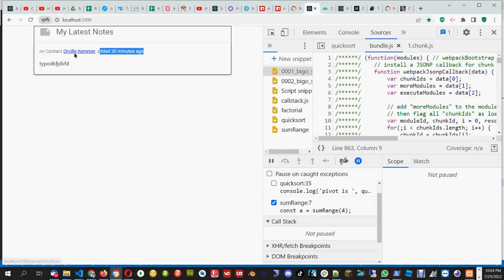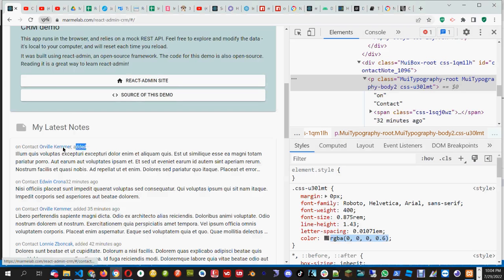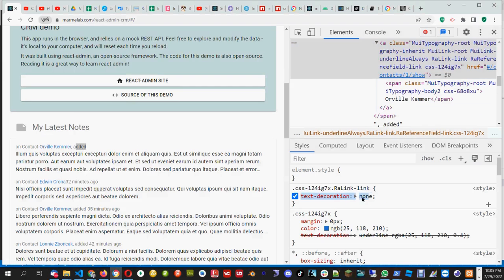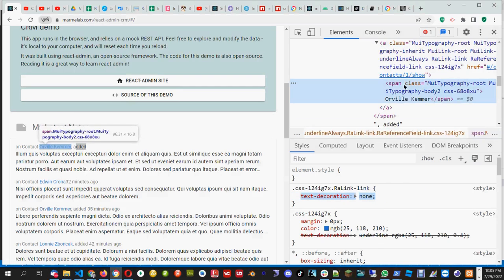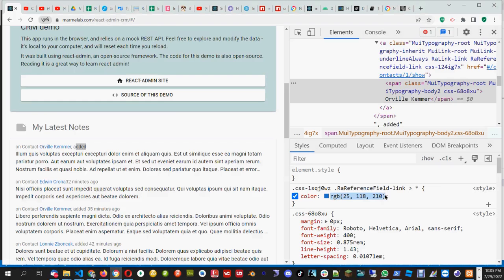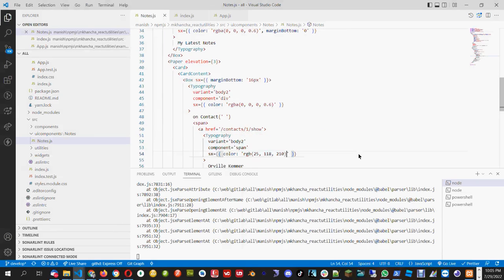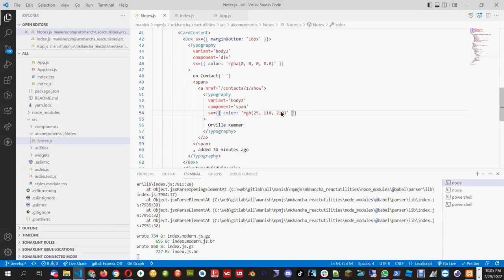Okay, so you see the color is changed here, but we don't have changed color here in the name one. Let's see what we have here. Okay, so color of the A tag should be this one, and we should have text decoration of none. Let's do that one. So A tag, here I will put sx equal to color of this one, and